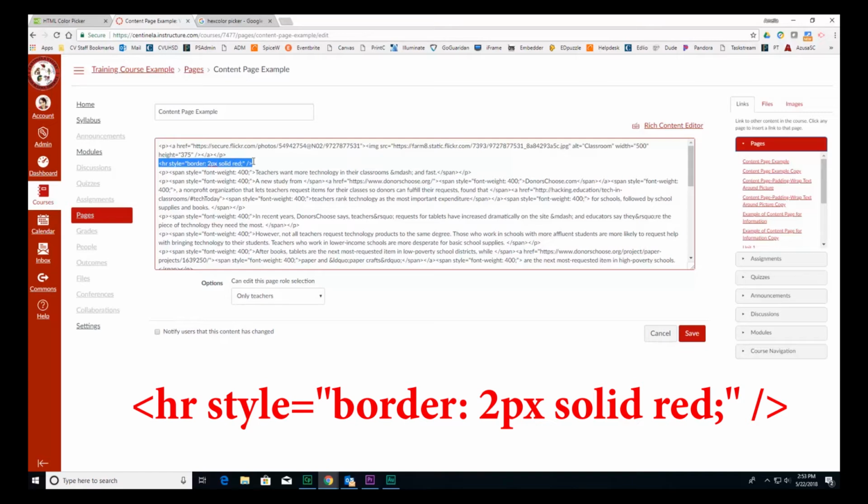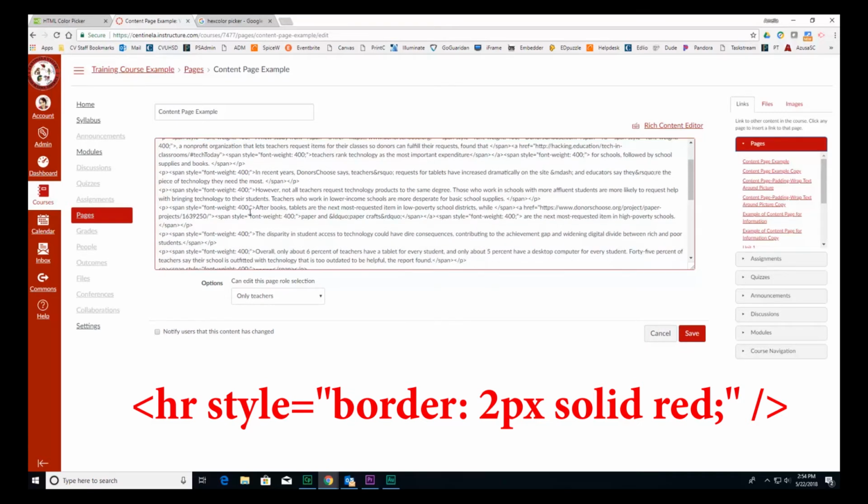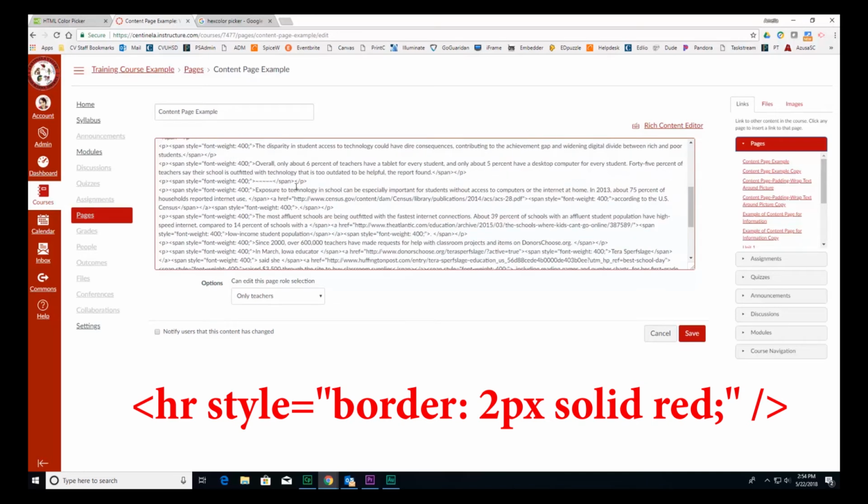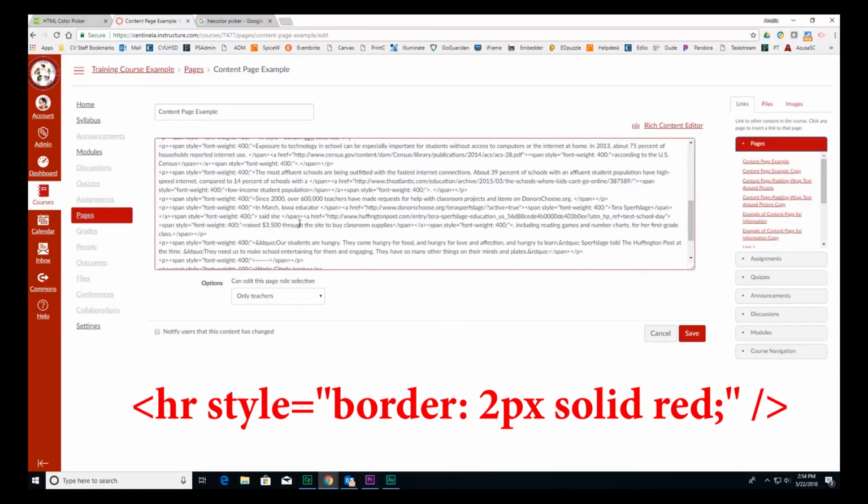I will provide this HTML code within the video so you can copy it and use it as part of the training. You can change the color red to a different color. I'm going to use red for the purpose of demonstration. I am looking for the other marker. There it is. I'm simply pasting the HTML code